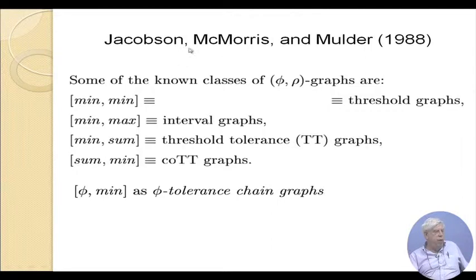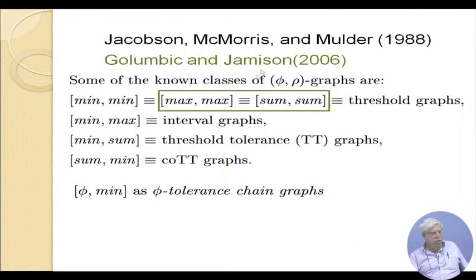Now, in their paper in 1988, they looked at this phi rho, although they didn't call it phi rho, they just looked at particular equations, inequalities, and showed that min-min were threshold graphs, min-max were exactly interval graphs, min-sum were exactly what are called threshold tolerance graphs, TT graphs, another topic that we won't cover on this visit, but you can delve into it on your own. Sum-min are the co-TT graphs, and phi-min were the phi tolerance chain graphs. Then